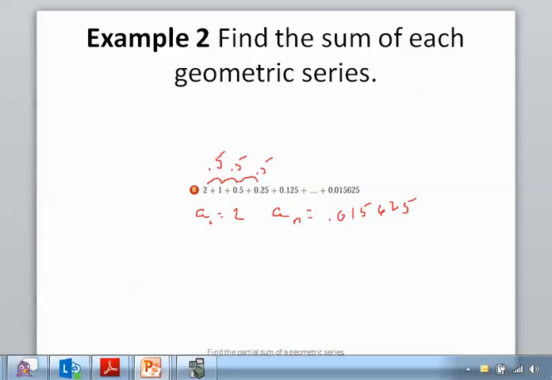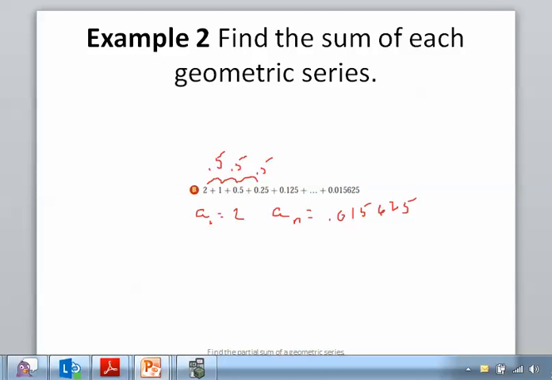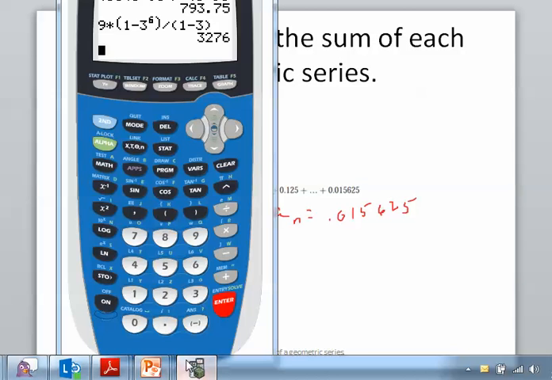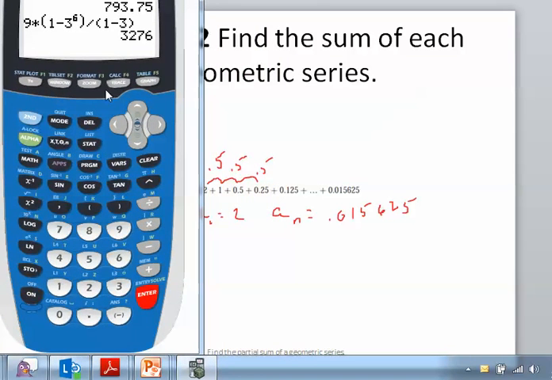So let's go back and look at that alternate formula one more time. It was a sub 1 minus a sub n times r divided by 1 minus r. Okay? So let's try that over here and see what we get. So we need to use a sub 1, which is a 2, minus a sub n, which is 0.015625 times r, which is 0.5,